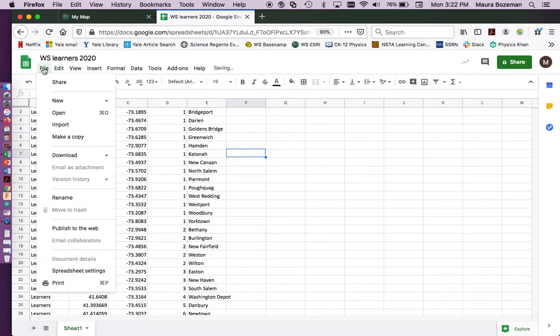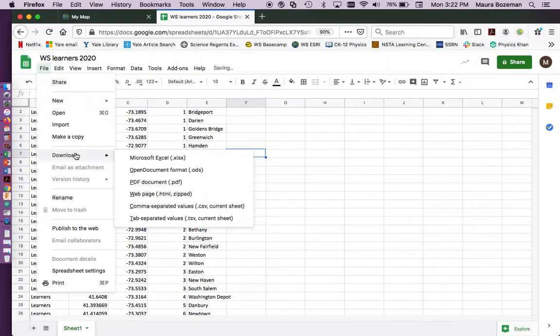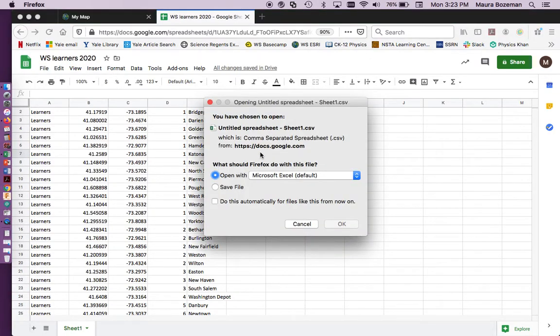I actually want to be able to download this. We can't connect, I don't think, directly to our Google Drive, so I need to download it into a file. Let's say I want to download it, and most information needs the material separated with a CSV, which is a comma separated value. So we're going to click on here, and it's actually going to download it